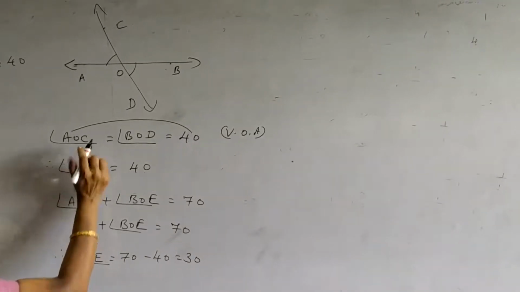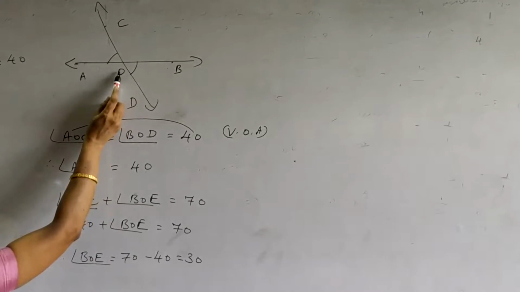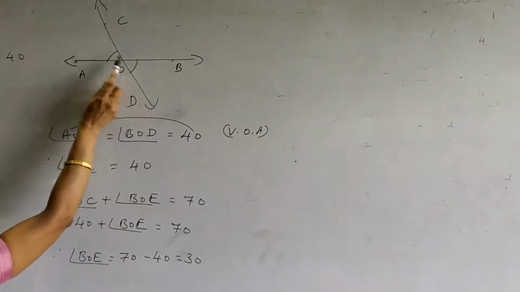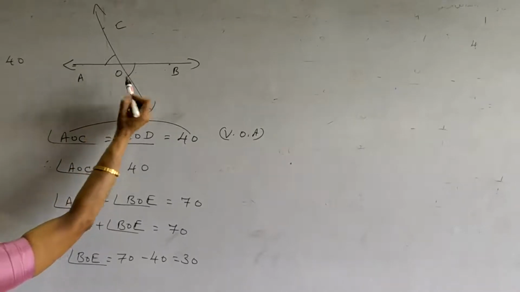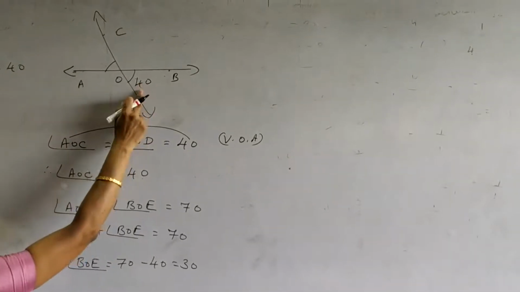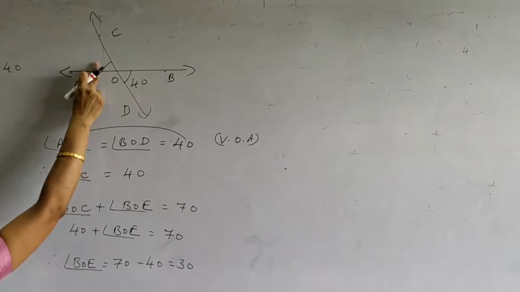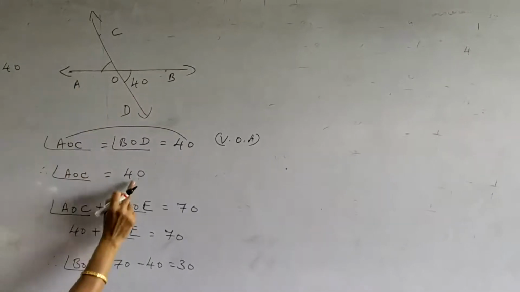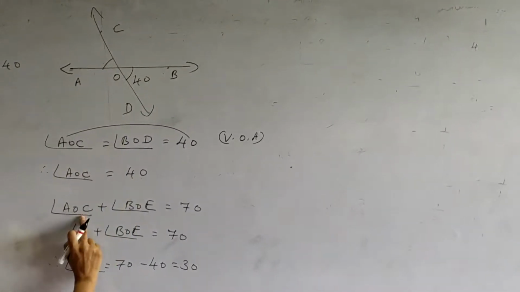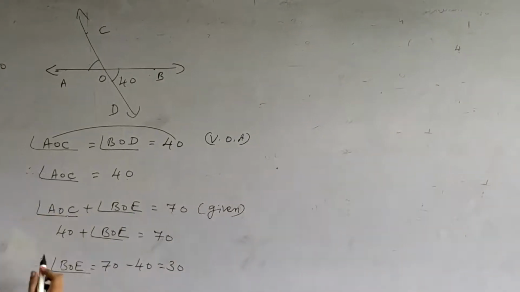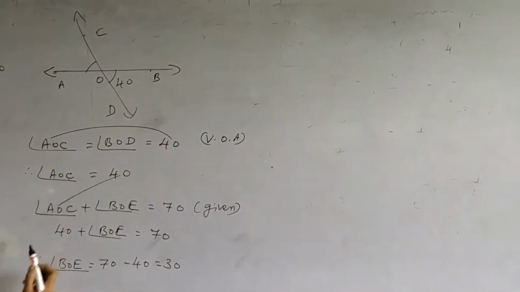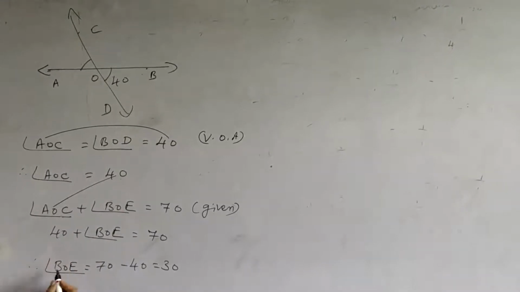Let us recall again. Two lines intersect at the point O. These two are vertically opposite angles. Therefore, these two angles are equal. We are given BOD is equal to 40. Therefore, AOC also becomes 40. AOC plus BOE equal to 70 is given in the question. Therefore, in the place of AOC, we are substituting 40. Hence, we get angle